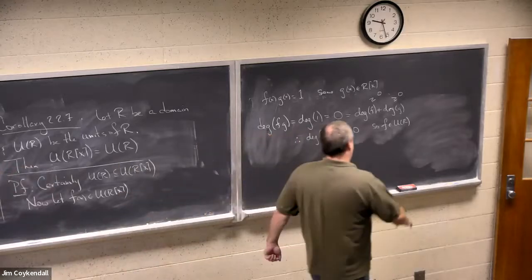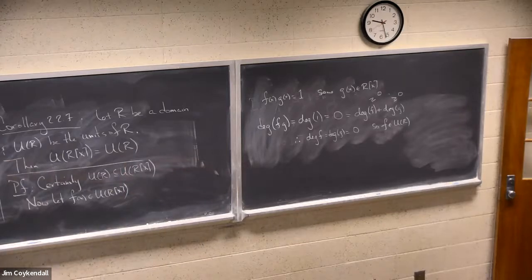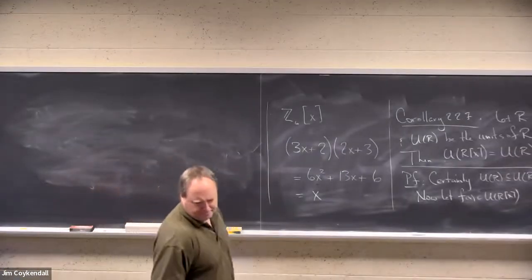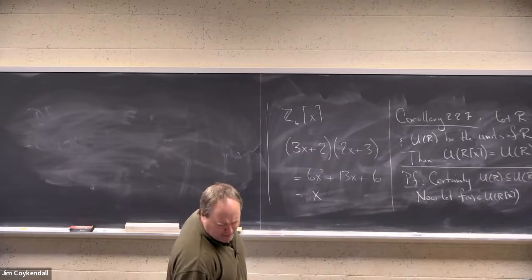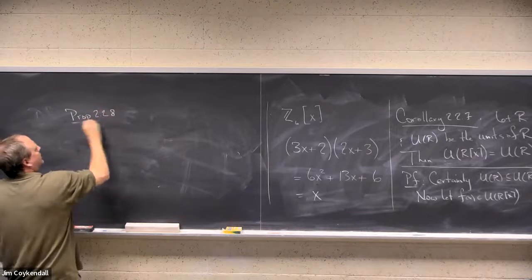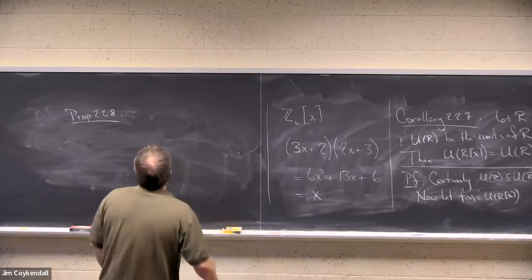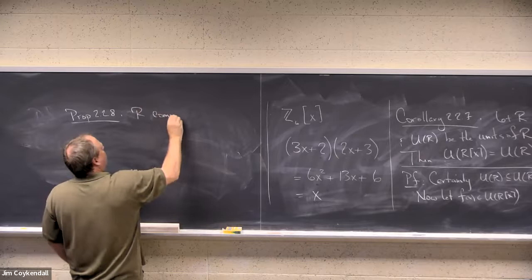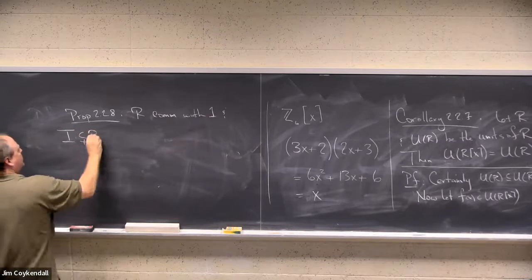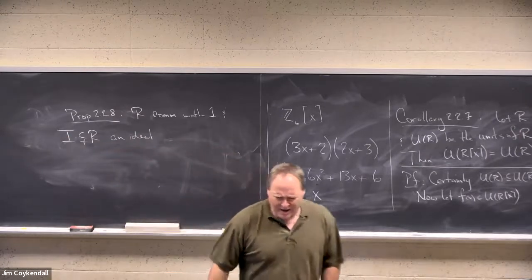This is another one worth recording. We'll also record the analog for power series after a bit. Right, Proposition 2.28. Let R be commutative with identity and I a proper ideal. Then